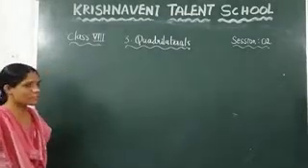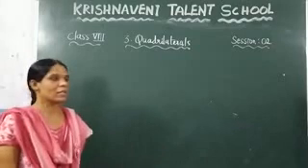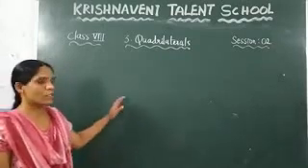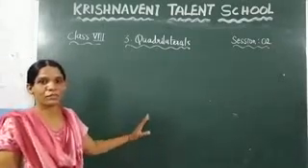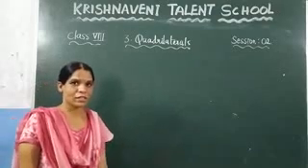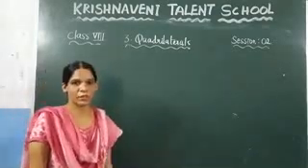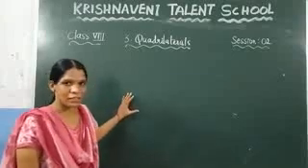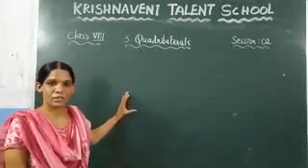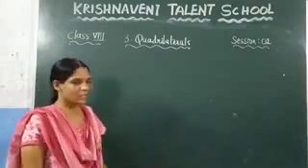In the last session we discussed the types of quadrilaterals. Before that, we discussed what is meant by a quadrilateral, and some of the angles of a quadrilateral, and some types of quadrilaterals. Let us have a brief recap. What is meant by a quadrilateral? A closed figure that consists of four sides we call a quadrilateral.